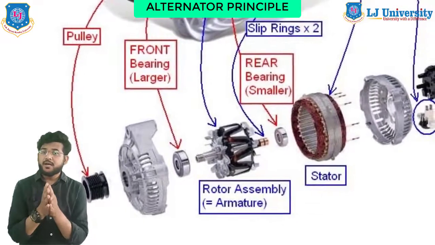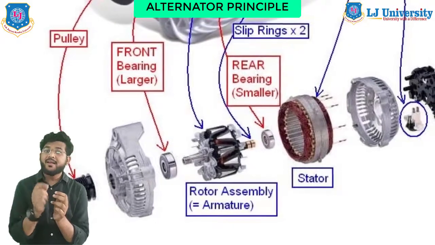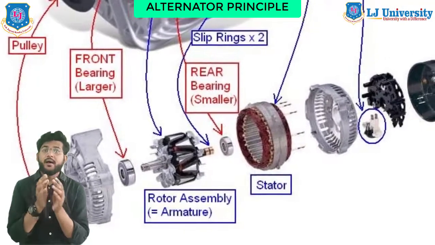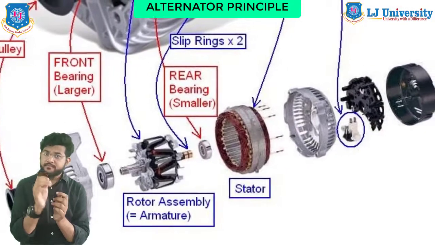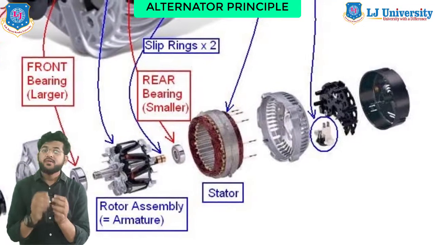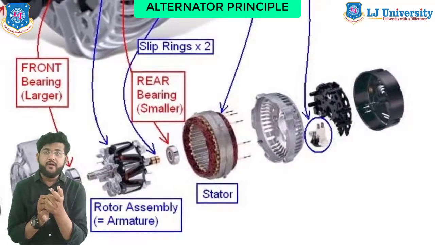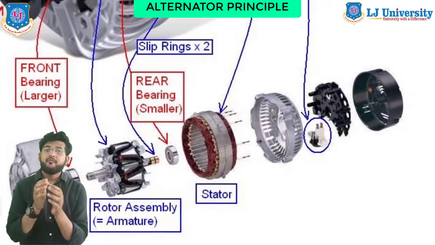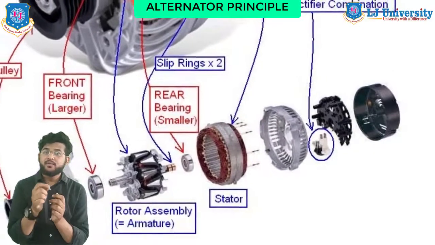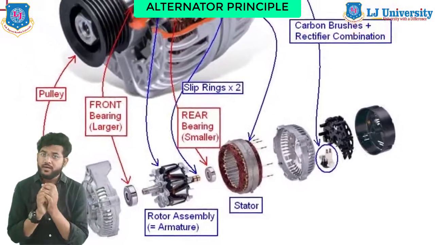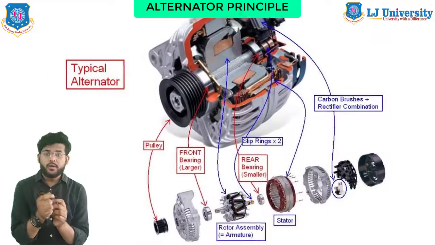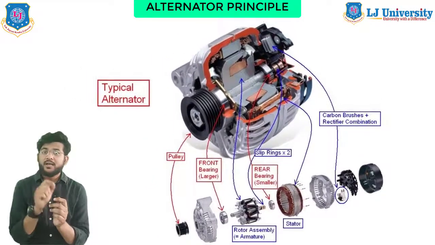The field cuts across the conductors, generating an electrical current as the mechanical input causes the rotor to turn. However, after every half revolution there will be reverse polarity of the magnet, hence we will get AC current. The rotor, which has a constant magnetic field from a permanent magnet, will attempt to take such positions that the N pole of the rotor is adjacent to the south pole of the stator's magnetic field, and vice versa. So these magnetic mechanical forces will drive the rotor to follow the rotating magnetic field in a synchronous manner.